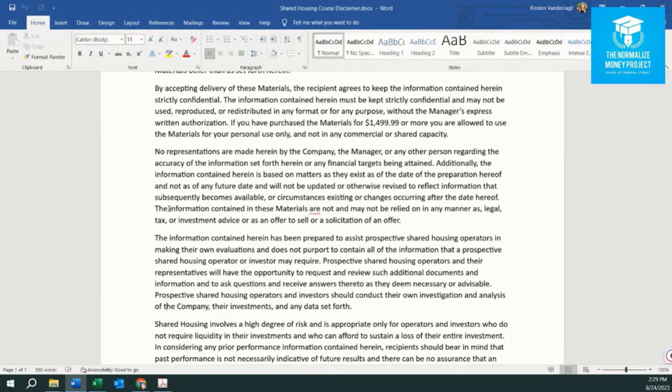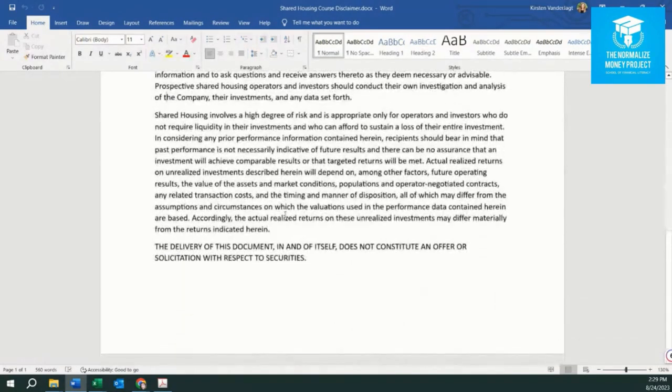I know that you are going to do great because you're probably a high-level real estate investor if you're taking this class. And so you've read these disclaimers probably more times than we can count, right? So moving on now, let's jump into